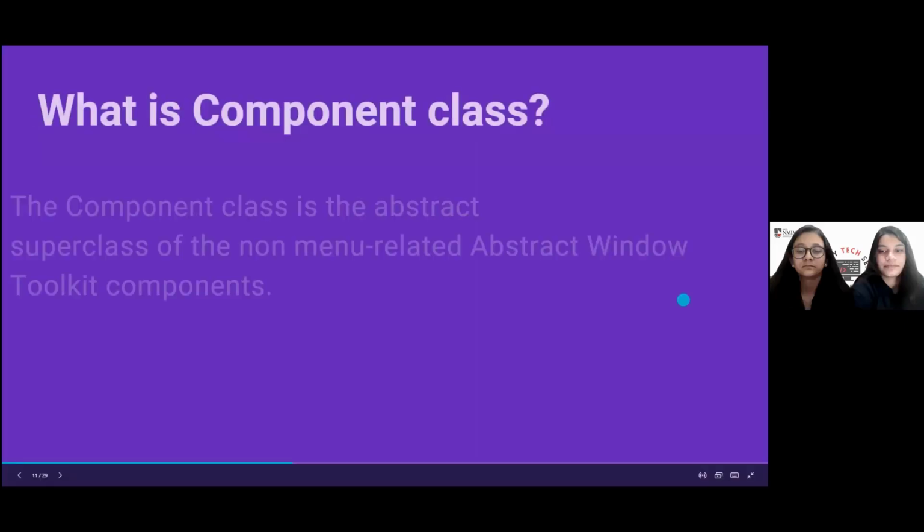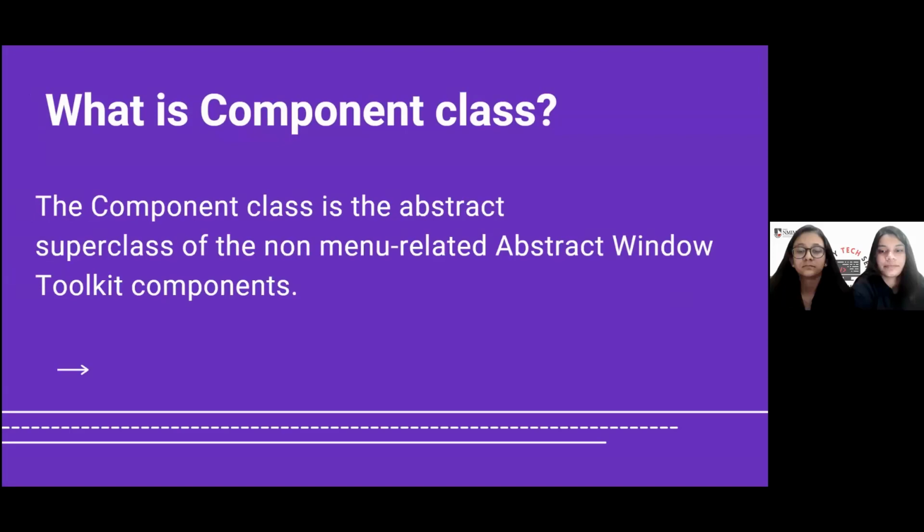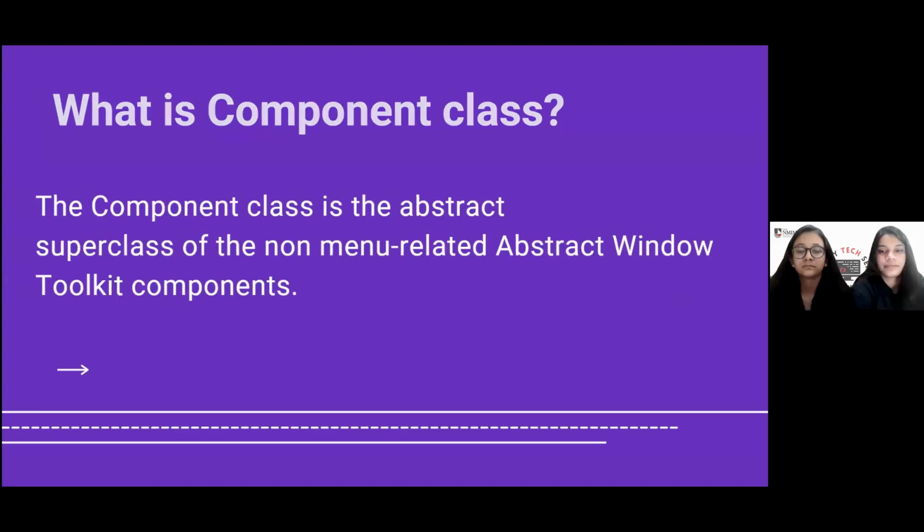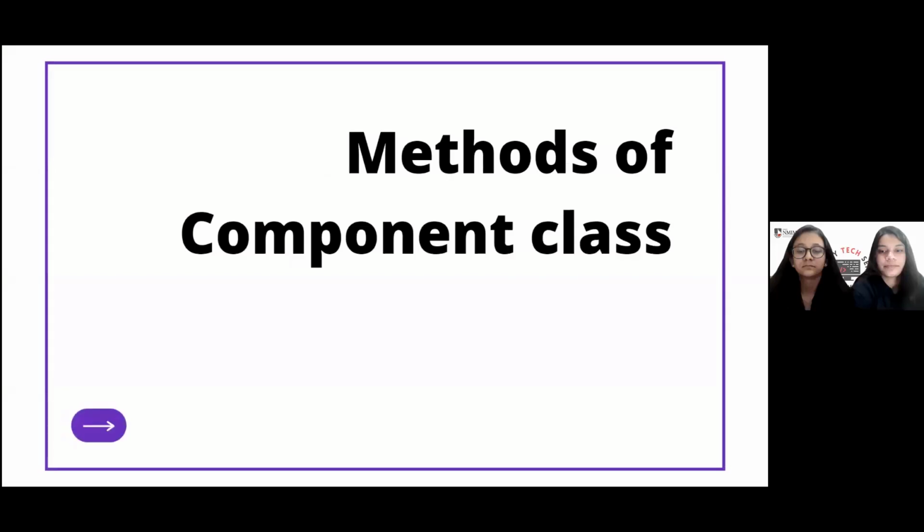Anushka, do you know what the component class is and what are the commonly used methods for implementing it? Yes, a component is an object having a graphical representation that can be displayed on the screen and that can interact with the users. Buttons, checkboxes, scroll bars, etc. are some of the examples of the component class. The most common methods used for implementing the component class are: